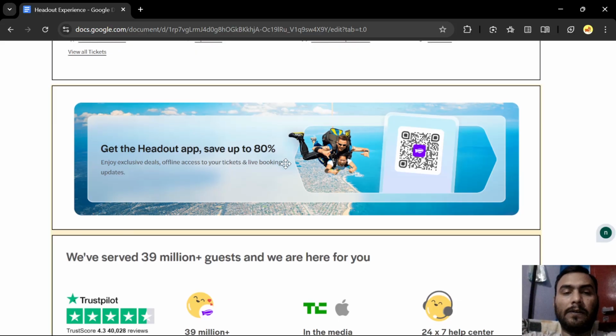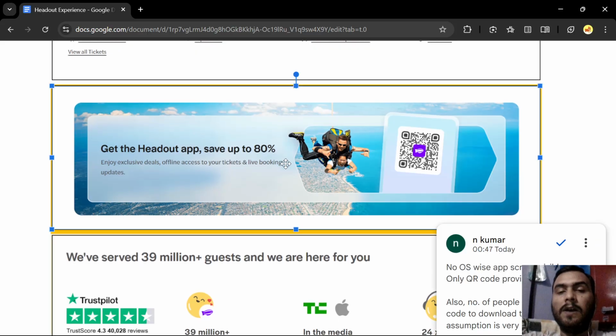Now coming to this section where we tell first time users what advances or offers we have when they download our mobile application. If I look at it, I do not see anything related to my mobile screen once I get to download.